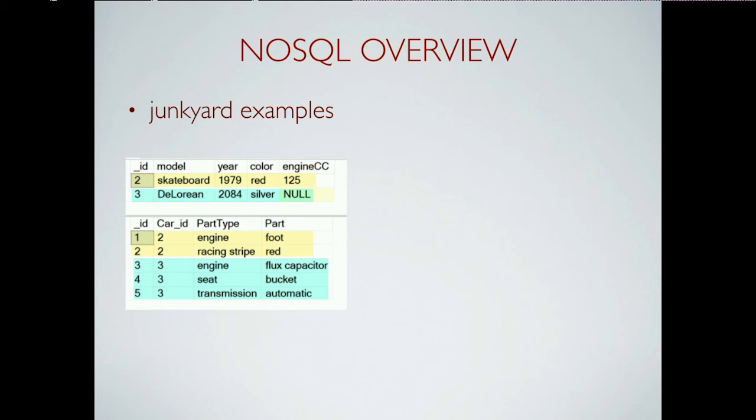All right, so this is pretty familiar to all of us, I assume. This is what I would design if I was working in the SQL world. The top table is the car table, and I've highlighted it as yellow or blue, depending on which vehicle, right? And then I've got a related table. It's a relational database, right? So I've got a related table, and that related table, in this case, I just called parts, and the yellow ones belong to the yellow car, and the blue ones belong to the blue car. All right. That's about as much as you guys really need to know, and I've covered it already.